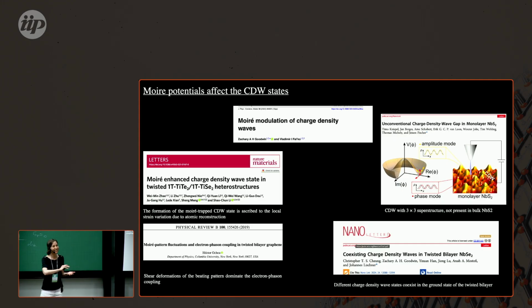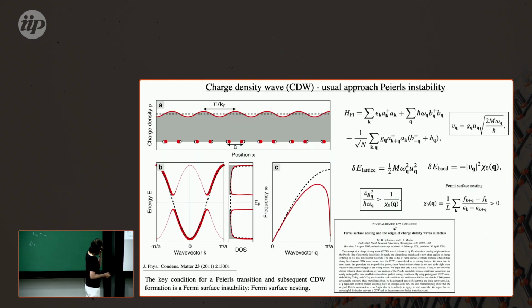So you can have a moire system where the two lattices have a charge density wave, and you twist them, and then the charge density arrangement changes. Or you can have a system which doesn't have any charge density wave from the start, and then you twist them, and actually the charge decides to arrange in some pattern. So usually the traditional way to understand the charge density wave